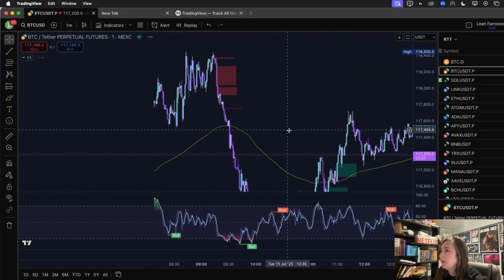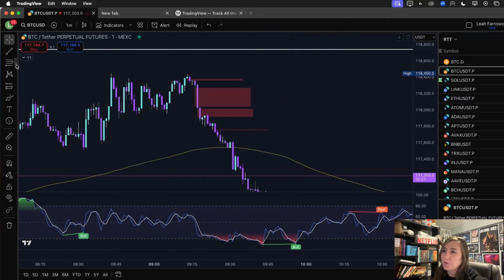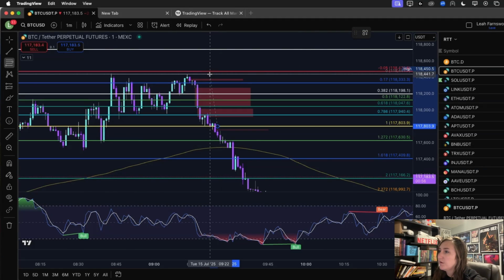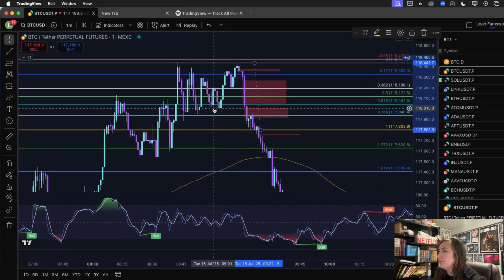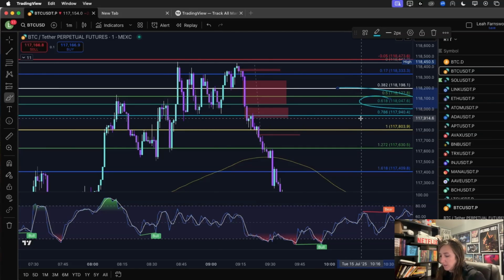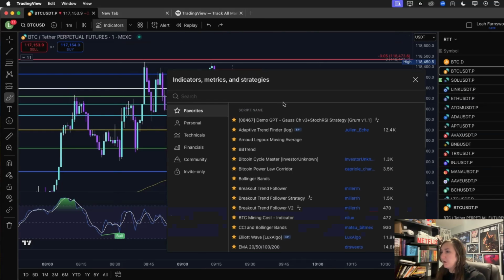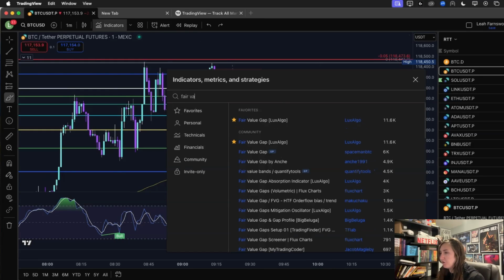If you do your fib, right? So if we're looking here, this would be a super quick play. This is probably 0.786. So it comes up to our 0.786. Yes, I'm usually looking at the 0.618 level here for entry, but we do have this fair value gap sitting here, this red box. So if you're looking for indicators for fair value gap on TradingView, fair value gap Lux